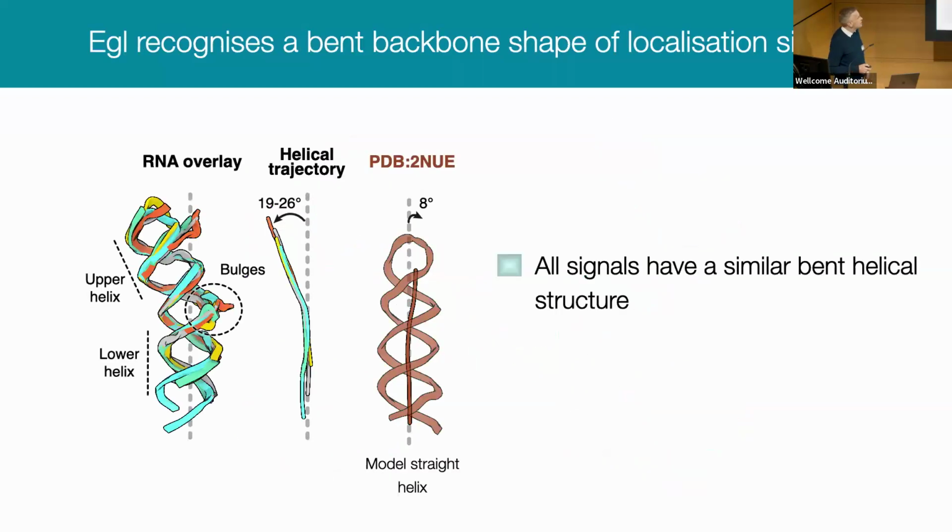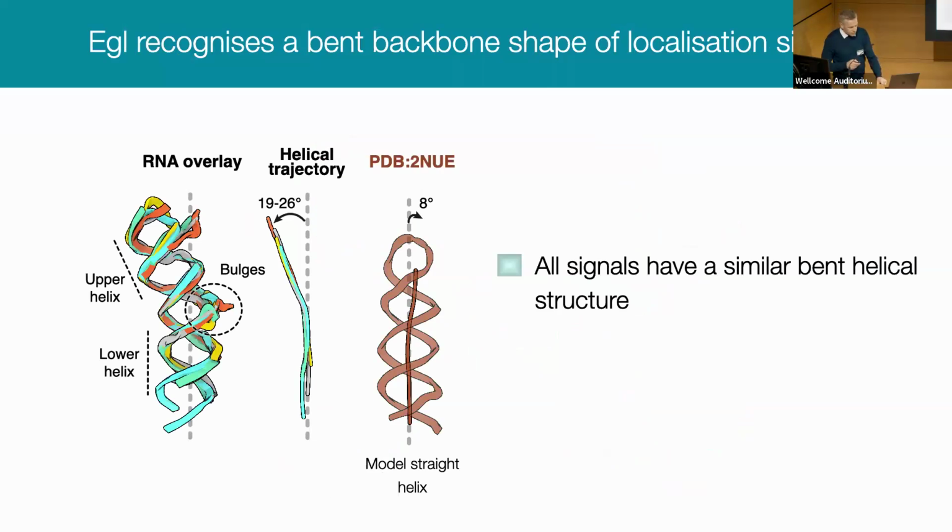So the first of those shared features is a bend in the helical axis. So this is a superimposition of all the localization signals I showed you. And they all have a bend, so they have a remarkably similar backbone shape. And that's essential for binding Egalitarian because a straight helix, like this canonical double-stranded RNA, simply wouldn't fit in that Egalitarian RNA binding pocket. And this bending is to do with these 3' bulges, which basically allow this kink